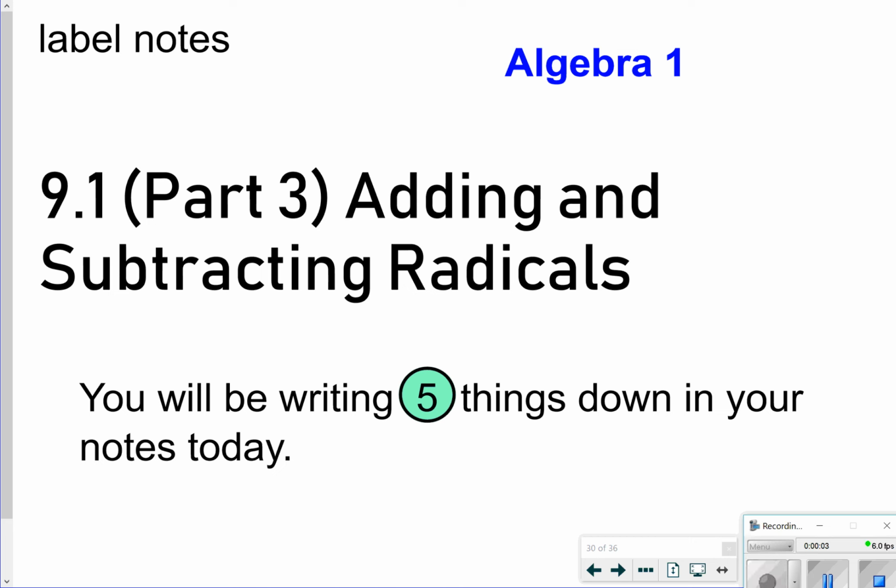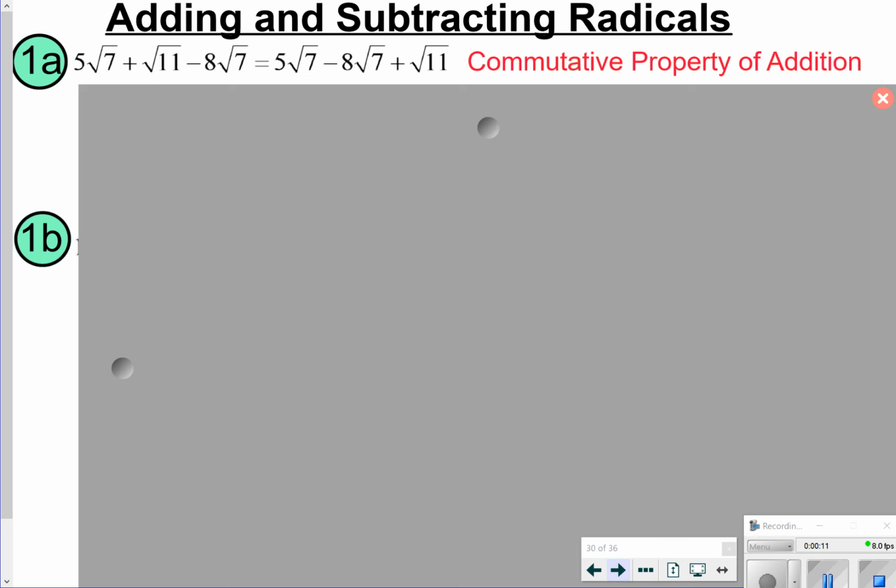Today we're going to be looking at 9.1 Part 3, Adding and Subtracting Radicals. We're going to look for 5 things to go on our notes today, so let's go ahead and get started. The first thing we want to know is how to exactly add and subtract radicals. So I have 2 examples here, and it does seem like a lot of information, but it's actually pretty easy